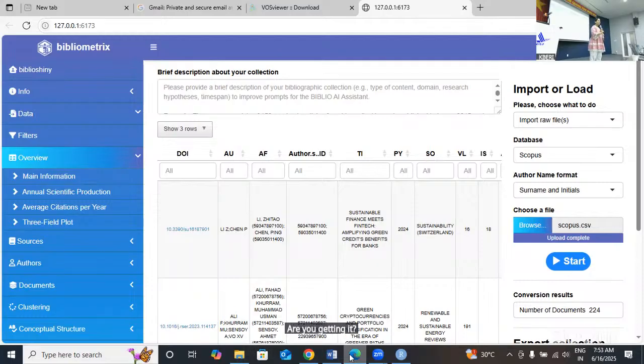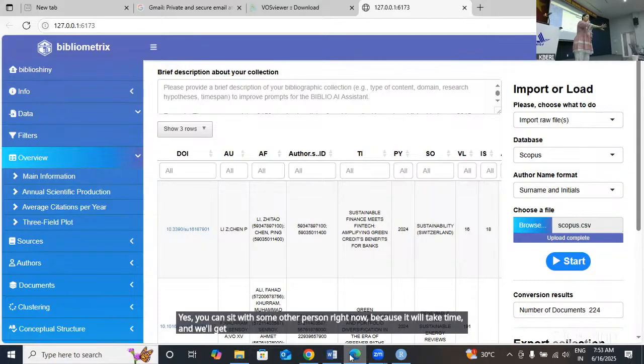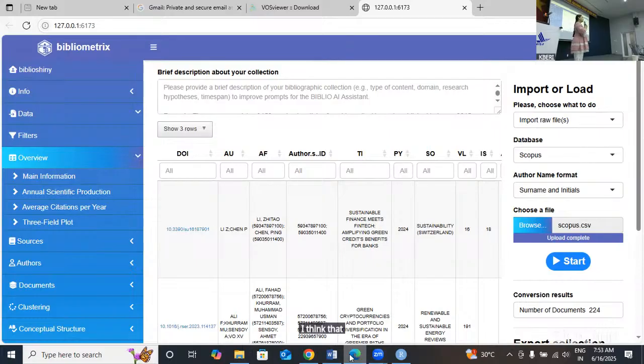I'm not on. You are not? Yes. Do not install them. Okay. And sit with them. Yes, you can sit with some other person right now because it will take time and we'll get occupied into this only. So just close down your laptop, sit with somebody else and share that with others. Right? I think that will be great. Anyways, so